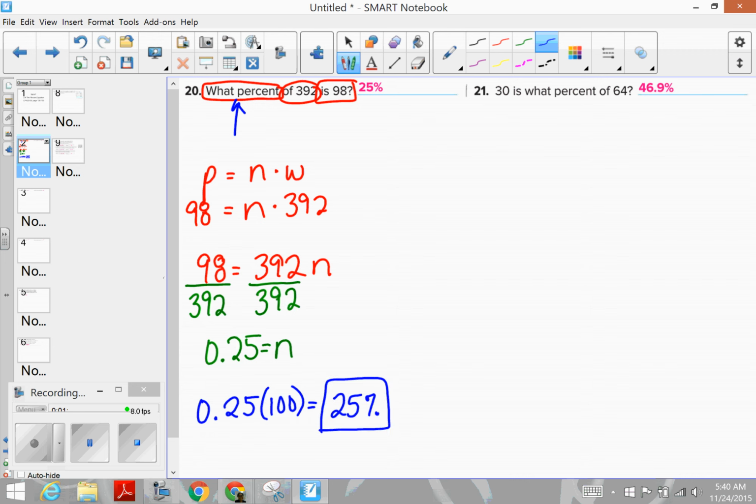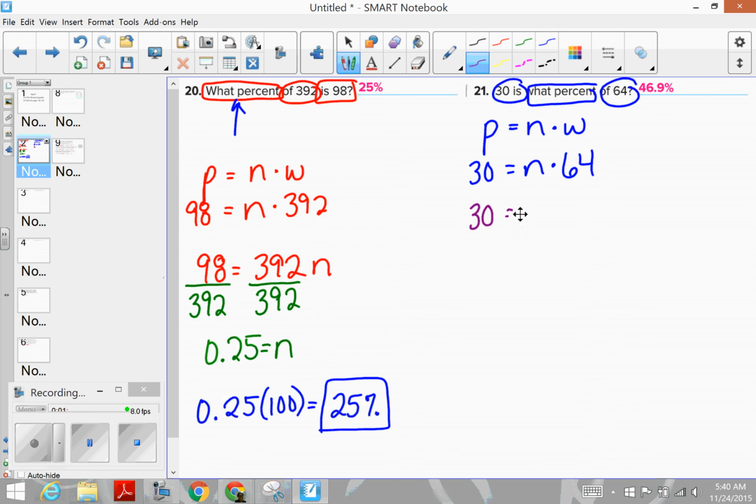Okay, so our next one, start again, writing your formula. 30 is, so that's our part. What percent, so we don't know. And then of 64, so times 64. You can rewrite that as 30 equals 64n. Now, we're going to solve by dividing by the number next to the letter. Okay, so what you get is